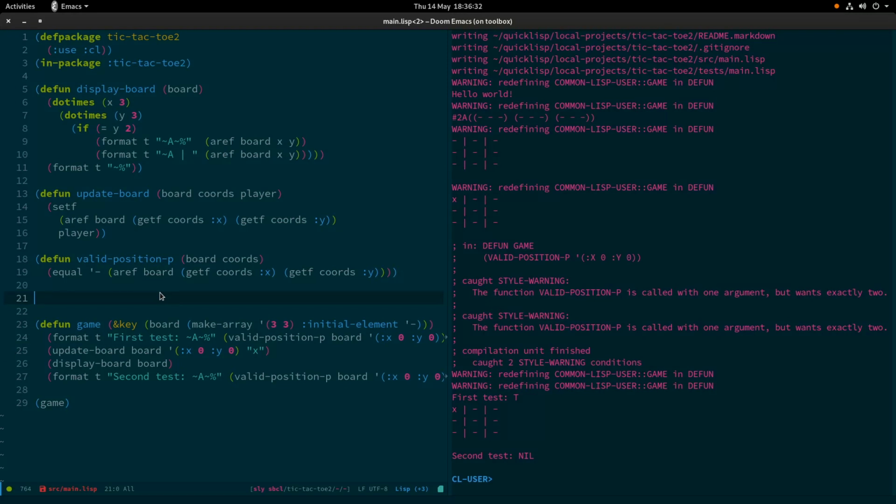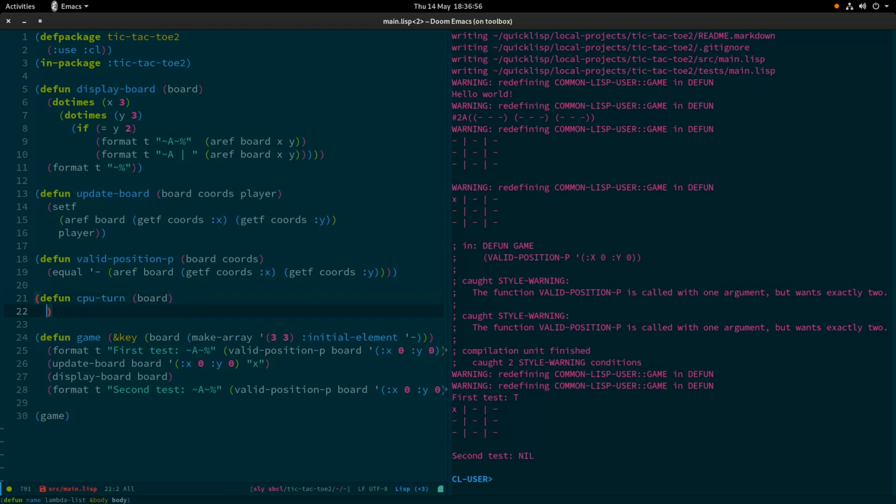However, there's 6 utility functions, 2 of which are player turns, 1 of which is game over, and we've already written the other 3, so you're really going to see how we build up property lists pretty much now, to be honest. Now the first of the 2 player functions, the CPU turn, is the easier of the 2 to write, so we will simply write that,